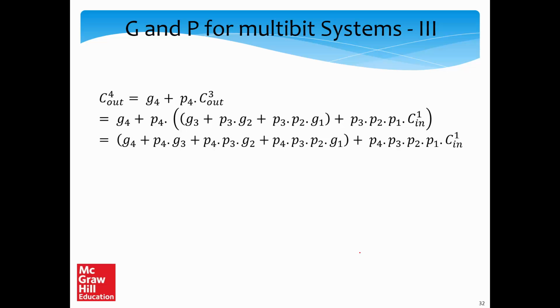So similarly, we can have much more complicated algebra, but what you can see is that all of these are essentially following exactly the same pattern. So for a 4-bit system, the generate function looks something like this. The pattern is the same. So for a 4-bit block, let's assume A4, A3, A2 and A1 being added to